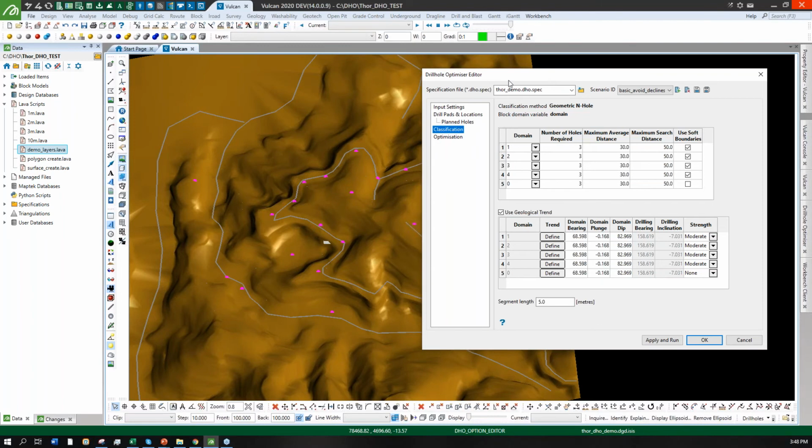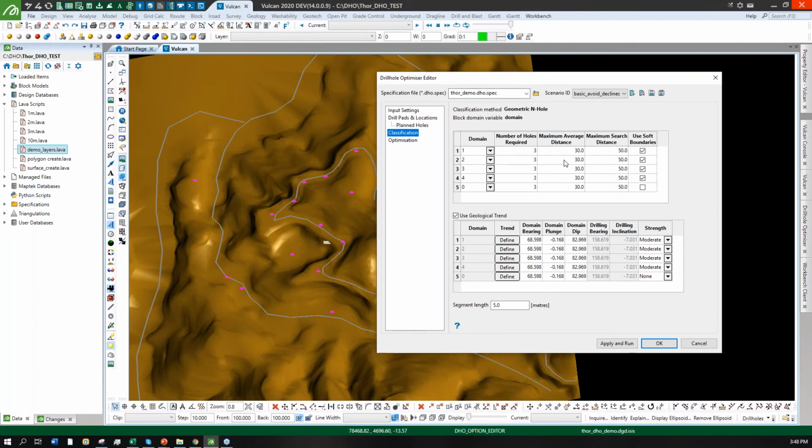Under the classification tab, this is where you define your desired drill hole spacing. So for each of my domains, my mineralized domains are 1 through 4, and then the blocks outside of them were domain 0. I'm going to require 3 drill holes with a maximum average spacing of 30 meters and a maximum search of 50. By checking the soft boundaries, I can let the hole see from one domain to the